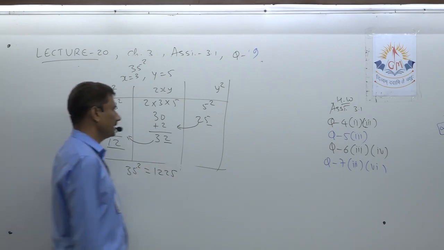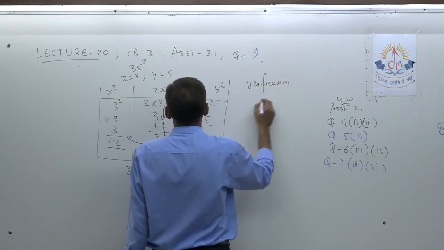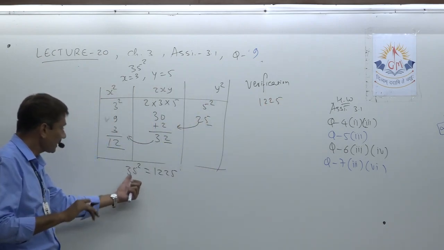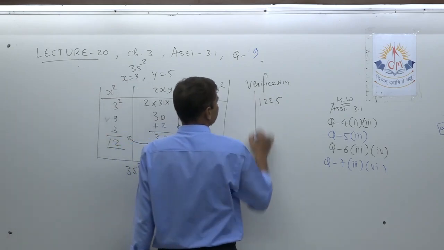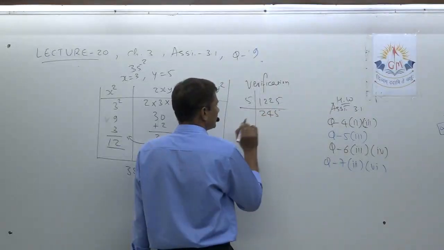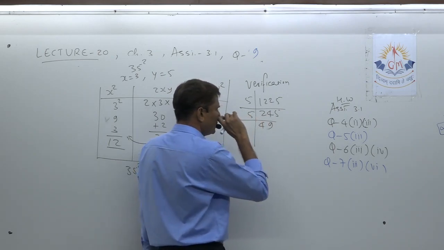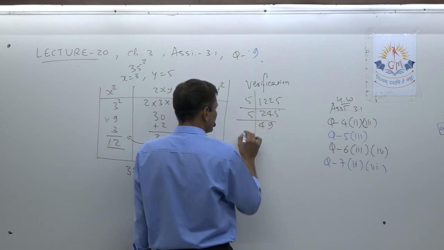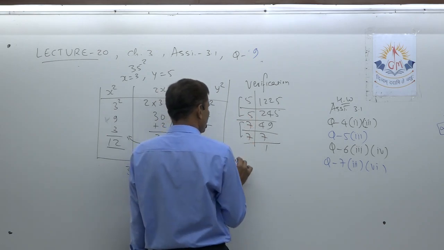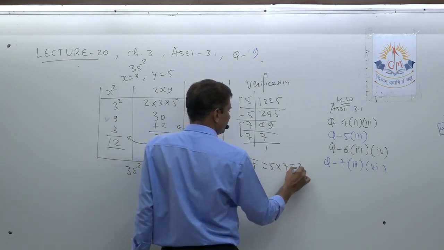Now again you can verify that way. So this is the verification step. 1, 2, 2, 5. Now we are going in the reverse direction, whether the square root is getting 35 or not. So look here. By 5. So 5 2s are 10, 5 4s are 20, 5 5s are 25. Again by 5. 5 4s are 20, sorry, 5 4s are 24, 5 9s are 45. Okay, 7 7s are 49. So its square root will be 1225 equal to 5 into 7, 35. So verified.